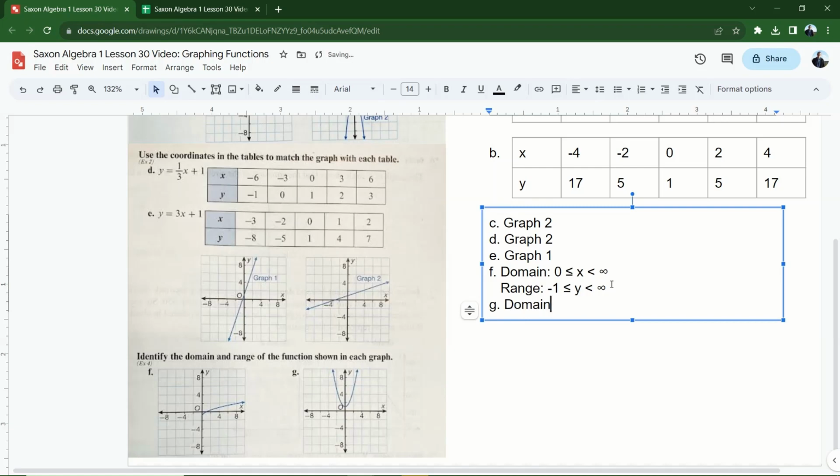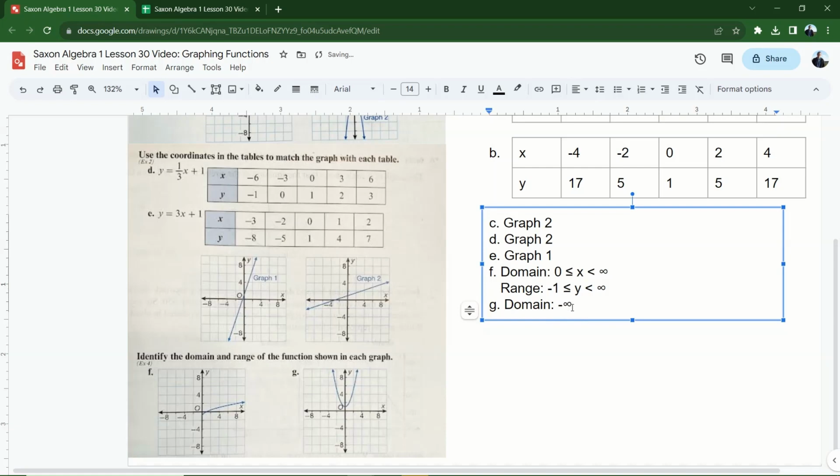Can you figure this out? Well, this one's a little confusing when it comes to domain. There's no value you can't plug in for x, because notice it's still pointing diagonal here. It's not leveling off. Still pointing diagonal here. So that means that it keeps going in the left and the right directions. That means that my domain, and this is true for every linear function, is